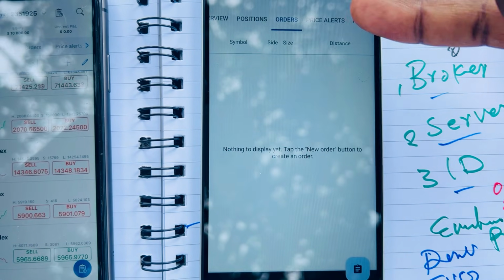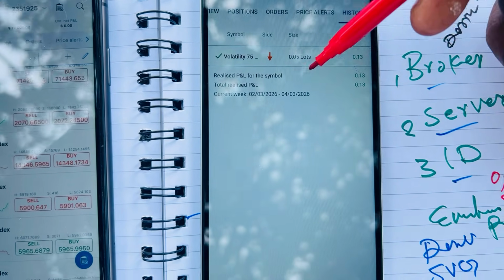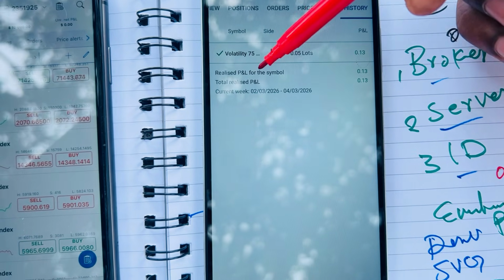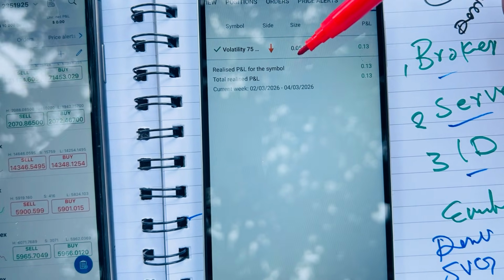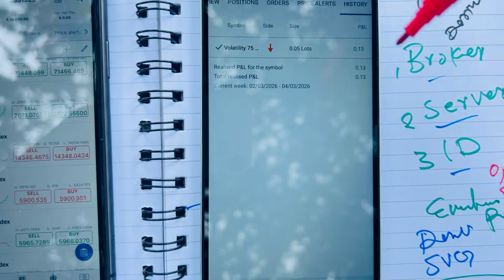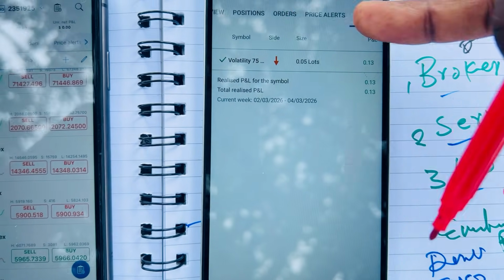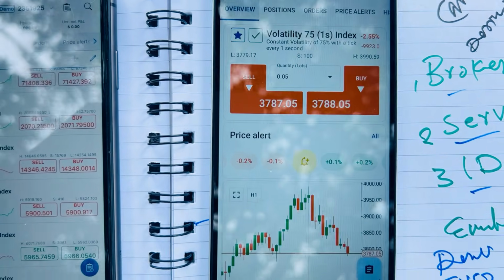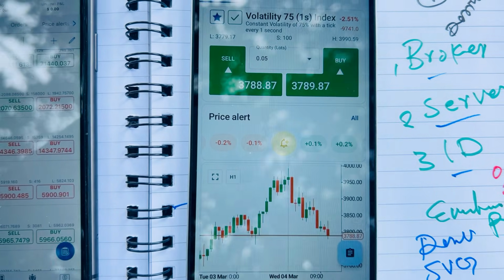If you go to orders, go to history, you'll be able to see the profit, realized PL, which is profit or stop loss or loss for this symbol. This is how much you've profited, this is how much you've actually lost, that you will actually see here. All right, that's it. So you can go to overview to see the chart,